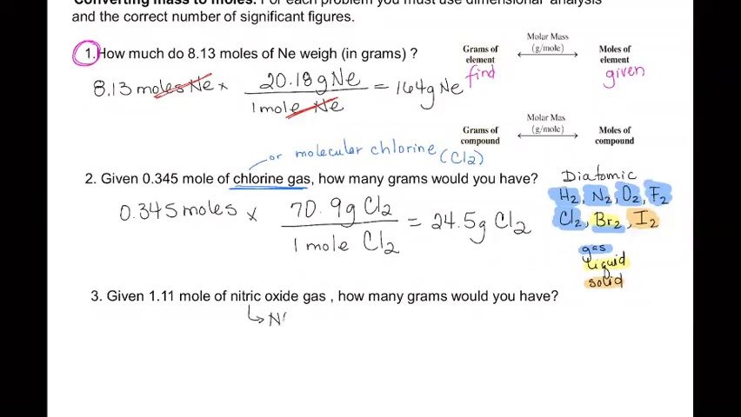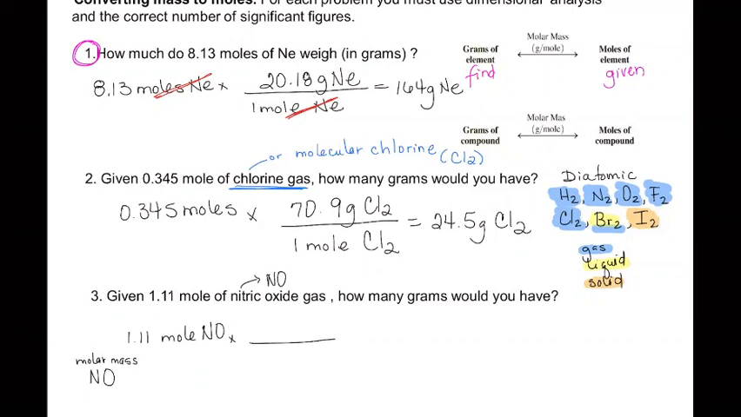Excellent. Capital N, capital O. So we write 1.11 moles NO. Let me just put it a little bit to the top. And then we have to use as a conversion the molar mass of NO. Remember, we need to calculate this. So molar mass of NO is